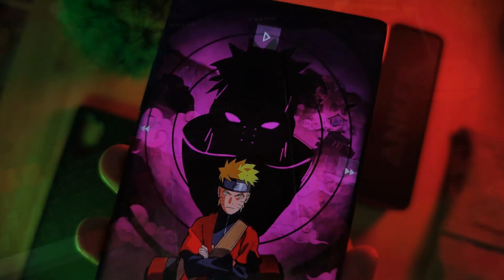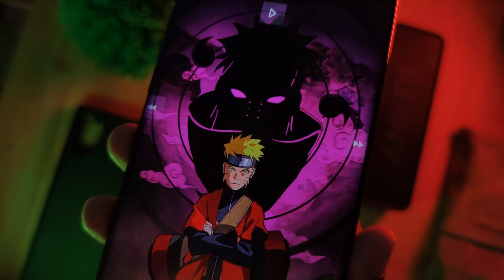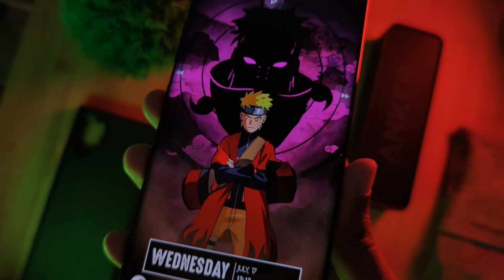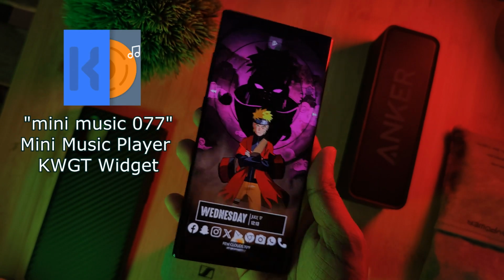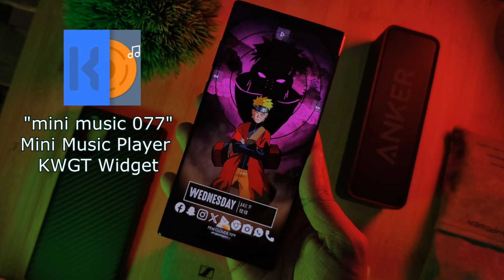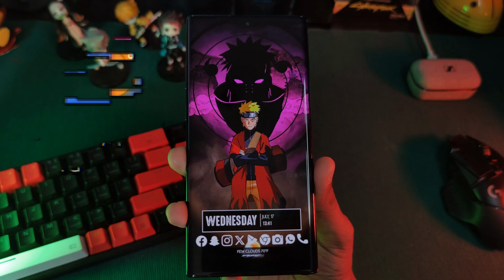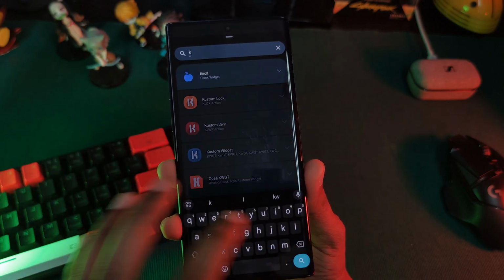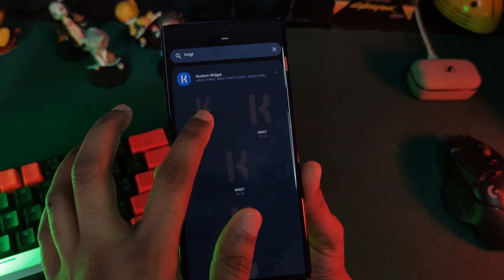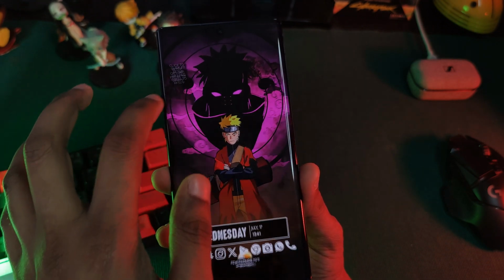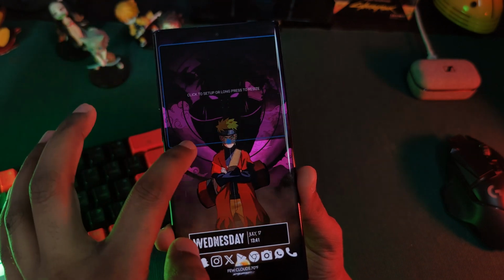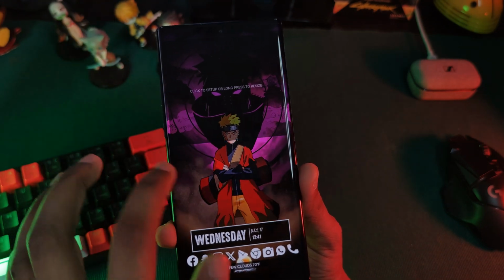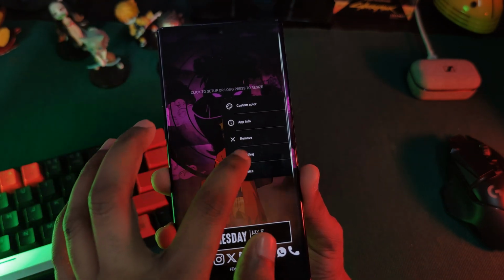Now for the second widget of the setup, these custom tweaked quick access media control buttons, the base of which comes from the mini music player packs widget 77. Now here, we're going to repeat exactly the same steps as we did in the first widget. So let's start things off by loading in a KWGT layout to our home screen, resize it so it looks like this, and just like we did before, make sure to also long press it and toggle on the padding